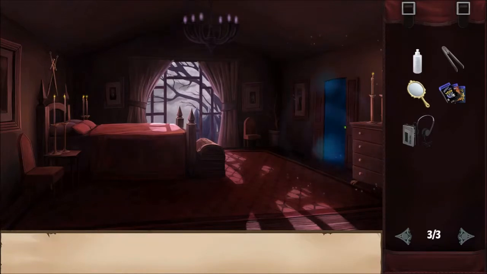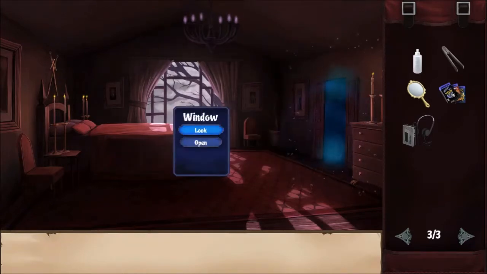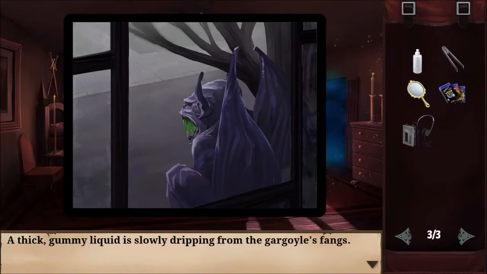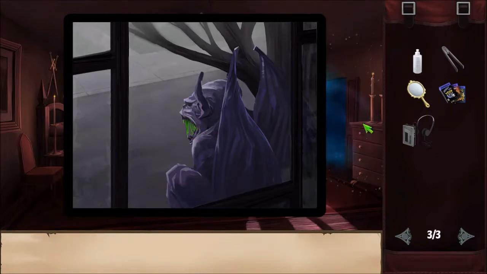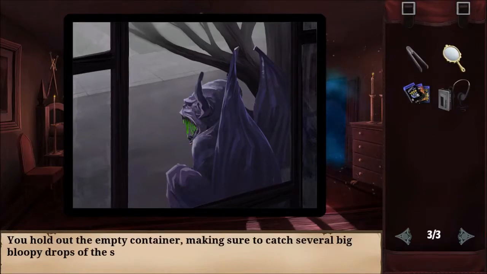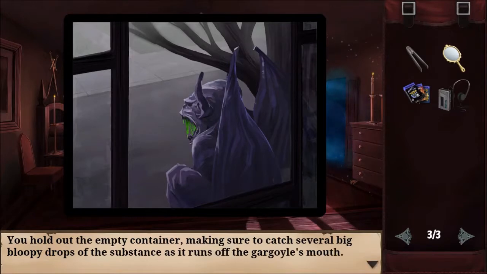Open the closet. That's it. Nothing new here. Open the window. Swing the window open. Yeah. Thick gummy liquid is slowly dripping from the gargoyle's fangs. I have a bottle. I can use that. You hold out the empty container, making it catch several big bloody drops of the substance as it runs off